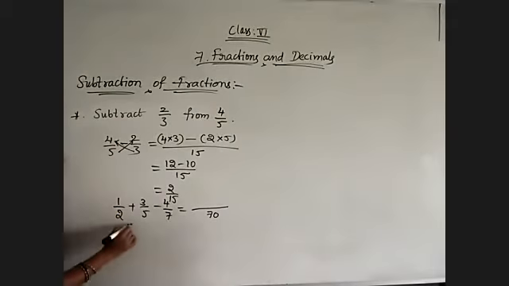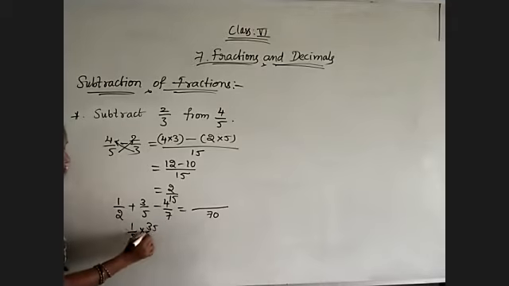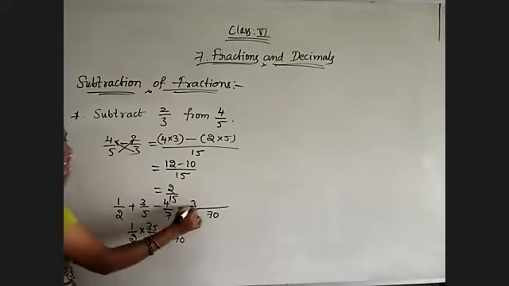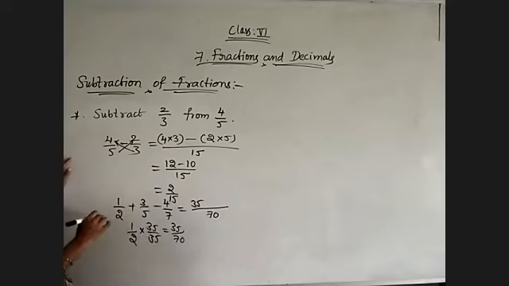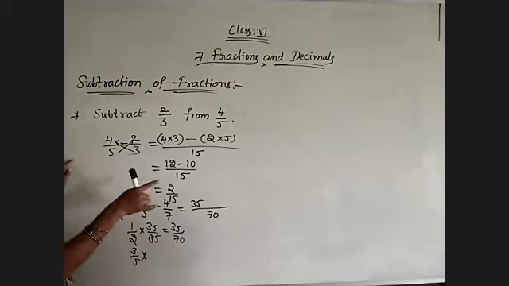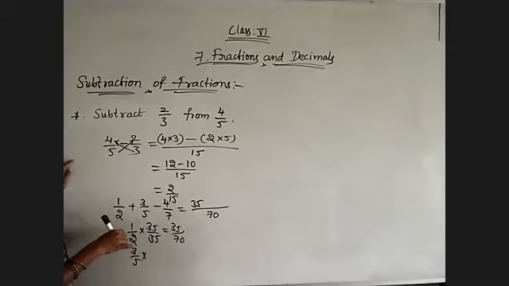70 will be the LCM. Okay. Now the first fraction, equivalent fraction with 70. 2 into 35 is 70. So 35 by 70. Instead of 1 by 2, we can take 35 by 70. So directly I am taking the numerator, 35. Next, 3 by 5, in the 5 table, get the result. That is 14 we will get.